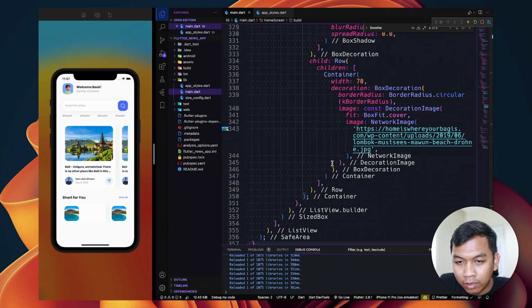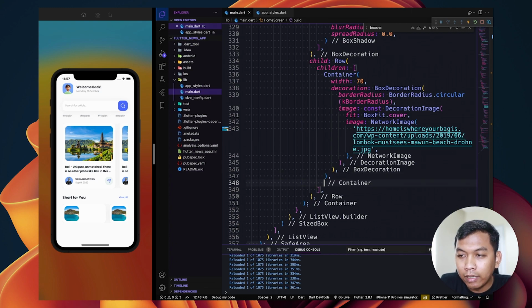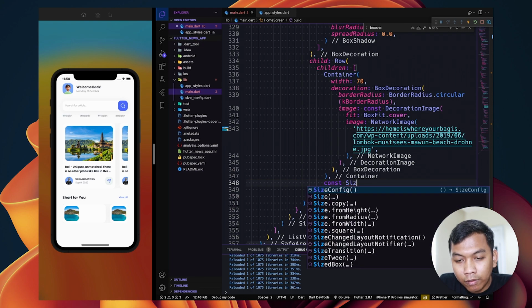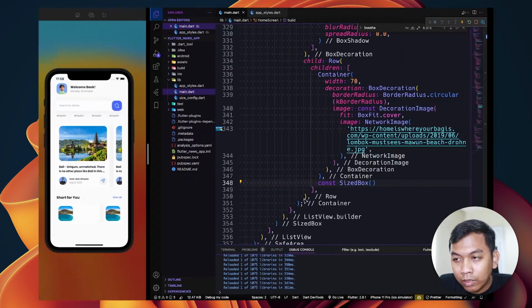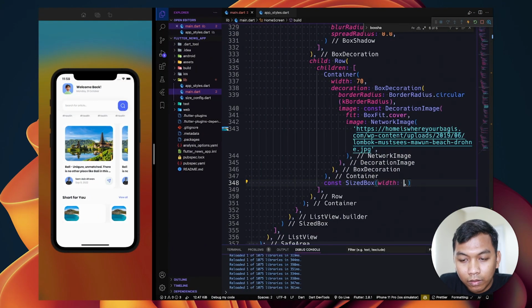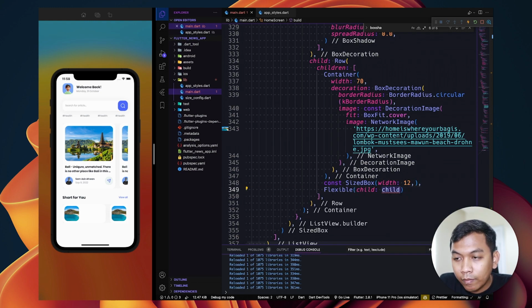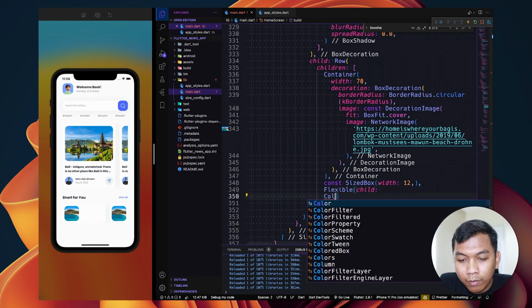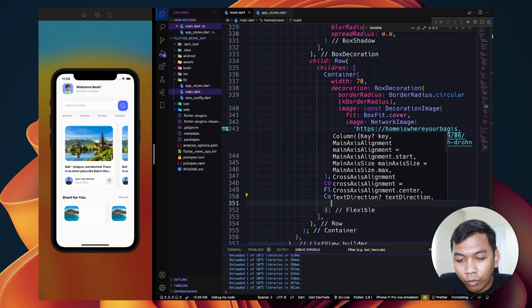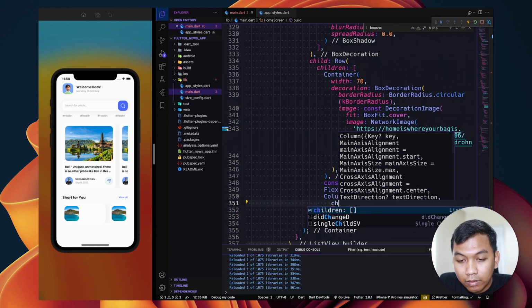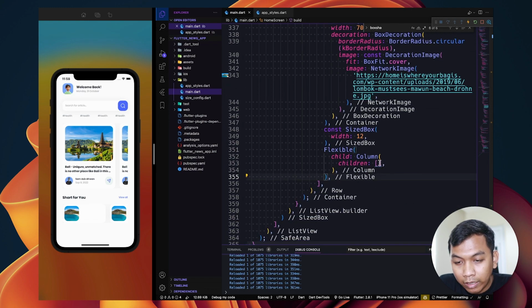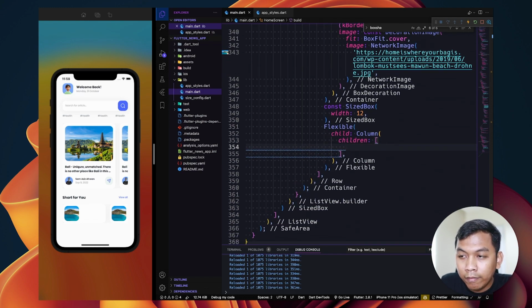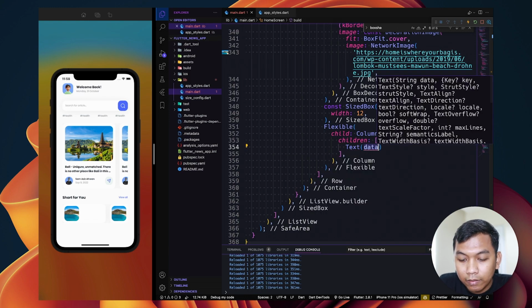So inside row widget, here we will have a size box first. Let's set it to 12, and the next will be flexible widget, and it will contain column widget, which we will have children, and inside this we will have a text widget.